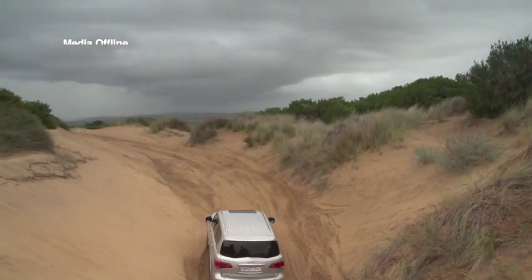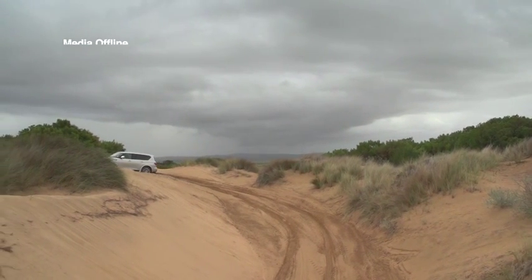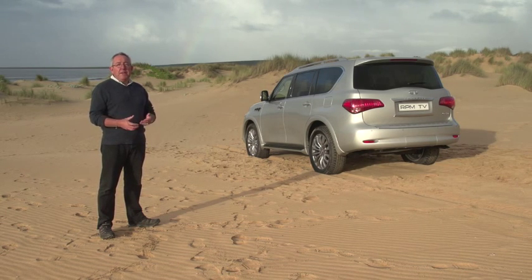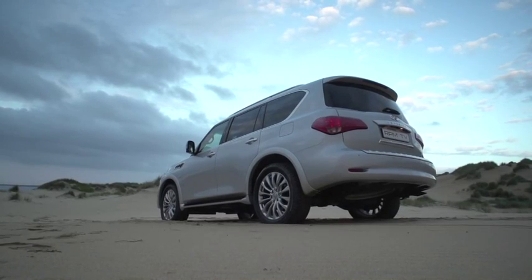The Infiniti QX80 is not going to be everybody's cup of tea. It's too big, too brazen, and in some respects too blingy for some. But it is hugely competent in 4x4 conditions. It has absolutely every bell and whistle, and with that big V8 engine, it's quite responsive in dynamic terms as well. Given the 1.25 million rand asking price, this is also not a vehicle that many people will be able to afford,